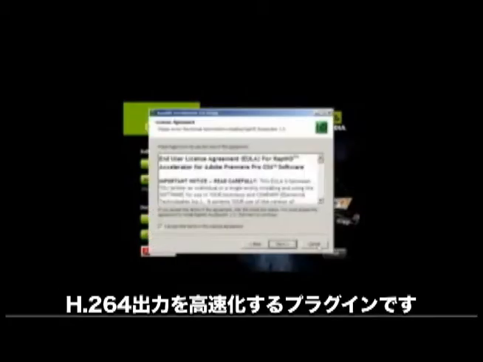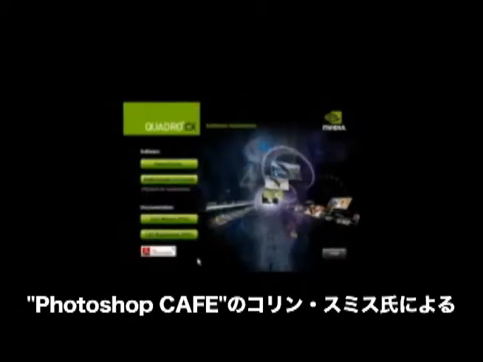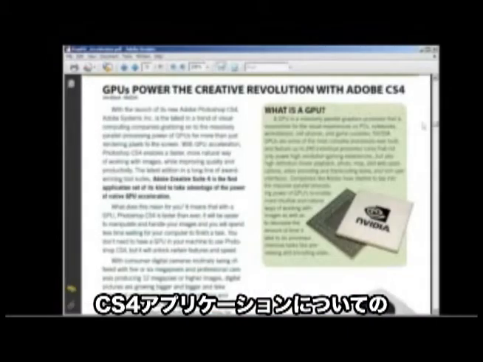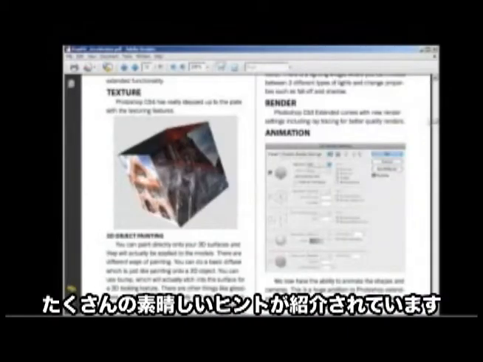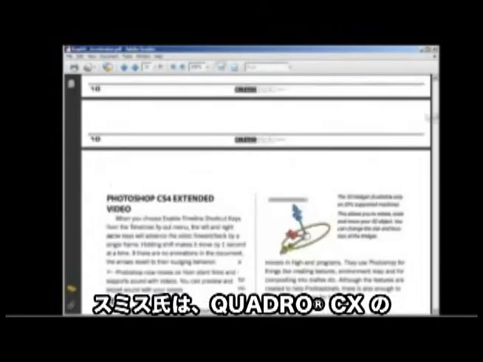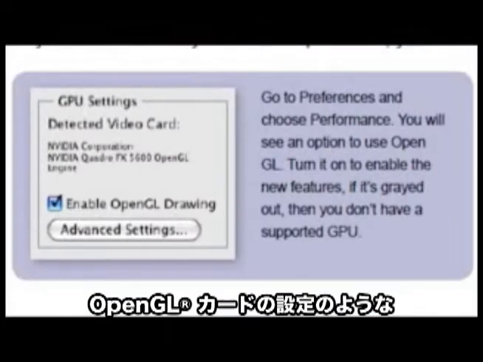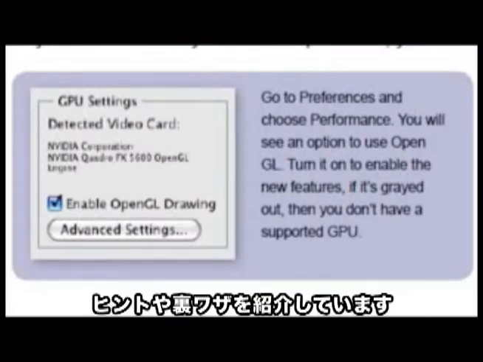other H.264 formats. Make sure to take the time to look at the new CS4 Super Guide written by Colin Smith of Photoshop Cafe. Lots of great tips in here on all your favorite CS4 applications. Colin goes over tips and tricks in the applications as well as some settings for OpenGL cards like the Quadro